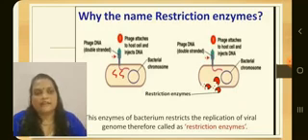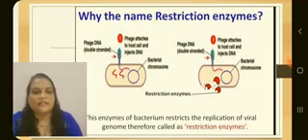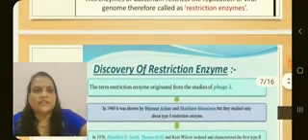When a virus attacks a bacterial cell, it will first adsorb onto the bacterial cell and then penetrate its nucleic acid into the host bacteria. The viral nucleic acid then starts replicating in the host bacteria. The host bacterium recognizes this viral nucleic acid, and the viral nucleic acid is cut by restriction enzymes. That means the enzyme restricts the replication of the viral genome. Hence, they are called restriction enzymes.